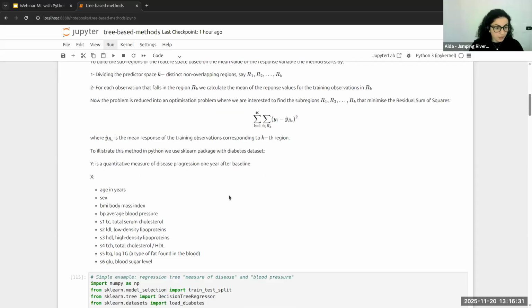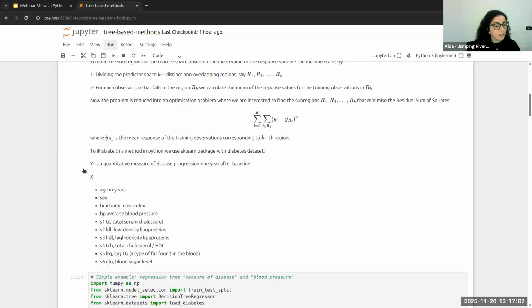So for the illustration, I decided to use patient-level data from the scikit-learn package. It's a publicly available data set called the diabetes dataset, and it has a set of variables. My response variable Y is a quantitative measure of disease progression 1 year after the baseline. So this is the variable that I'm trying to model.